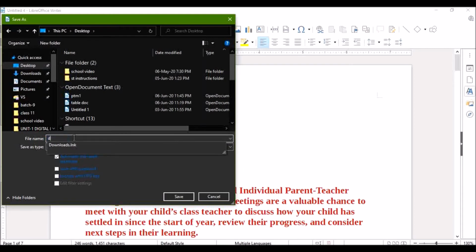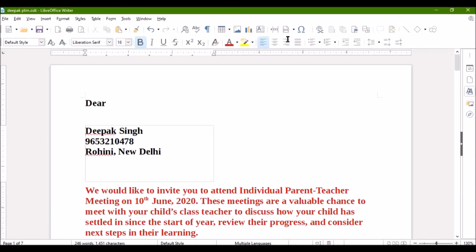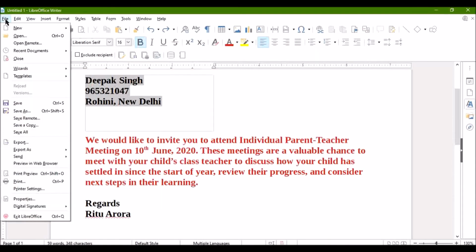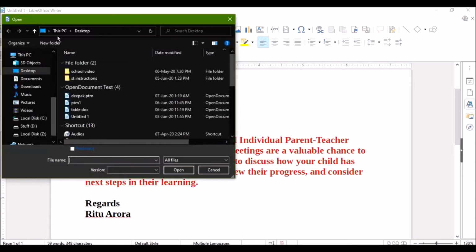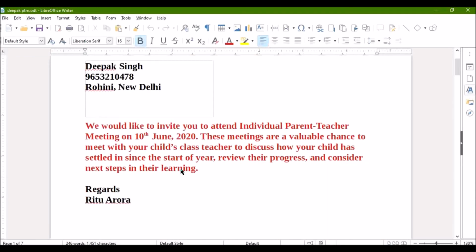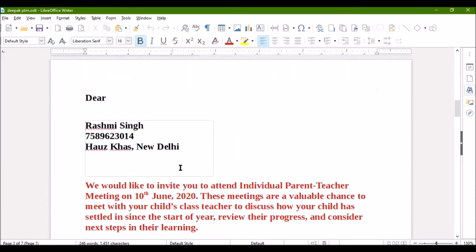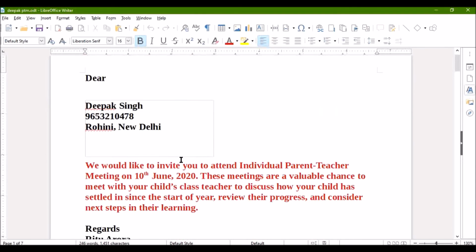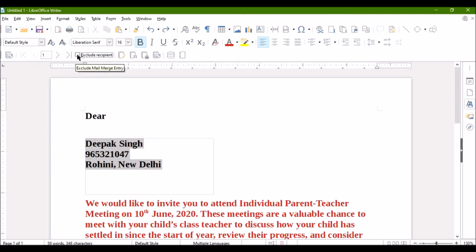And this is Deepak PTM, suppose. Okay, and then I save it on the desktop, and when you close it, the changes will not be visible over here because this has already been created, but you have done the changes individually and you have saved it in the file. So this is the file where the document has come. So now you have this particular document where you have done the changes individually. Here you can see that the complete file has come over here. Now there is one option of exclude recipient.